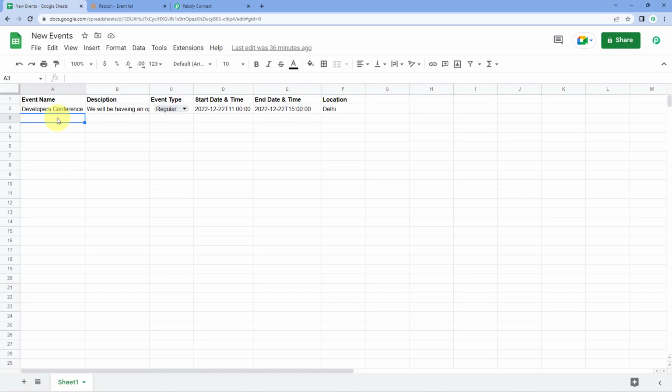Let's enter the details of a new event in our Google Sheet. For example, this is the name of the event, real-time test. Now let's add the description as we are just testing this automation. Now after entering this data, let's select the event type. Basically what we have to do, we have to drag the same, and this time let's select RSVP as